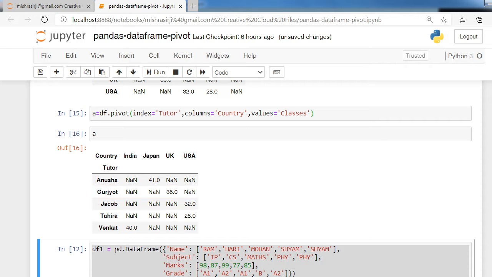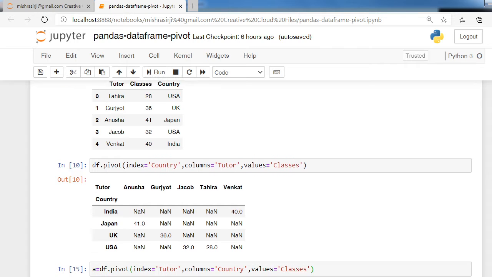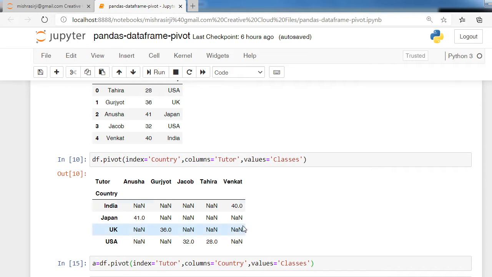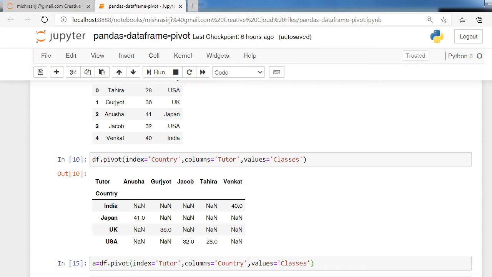So now see the output of this pivot function. We have written index equal to country, means country become the row index. You can see India, Japan, UK, USA. Because USA is repeated in the country column, so it is written once.